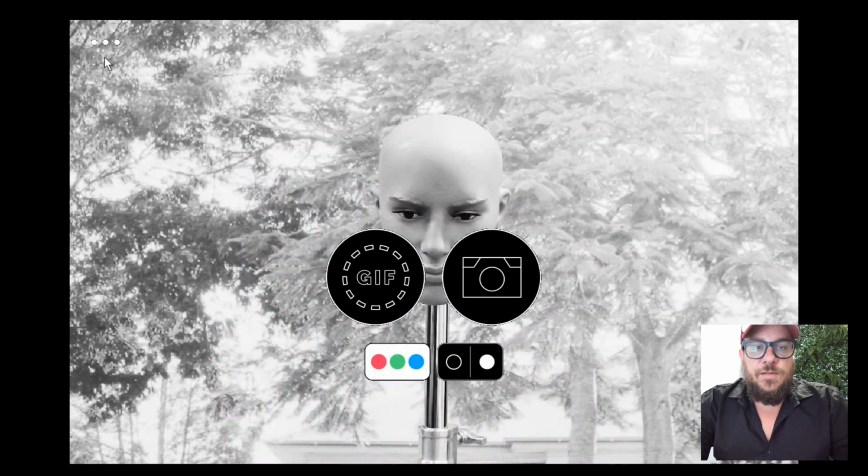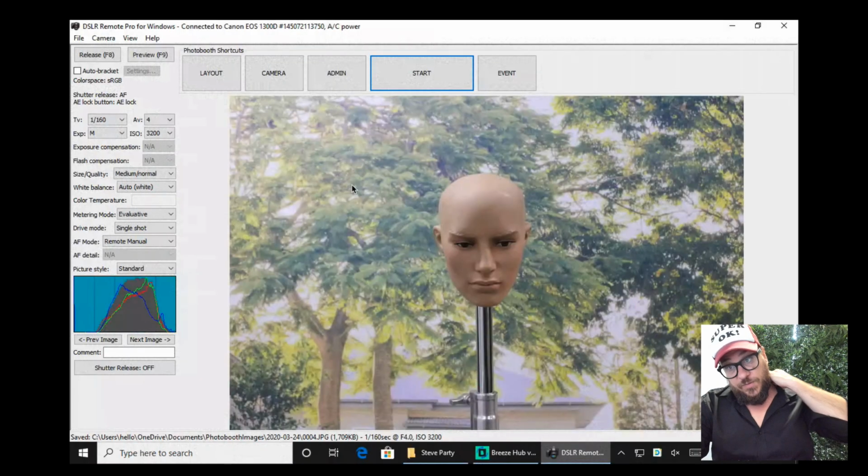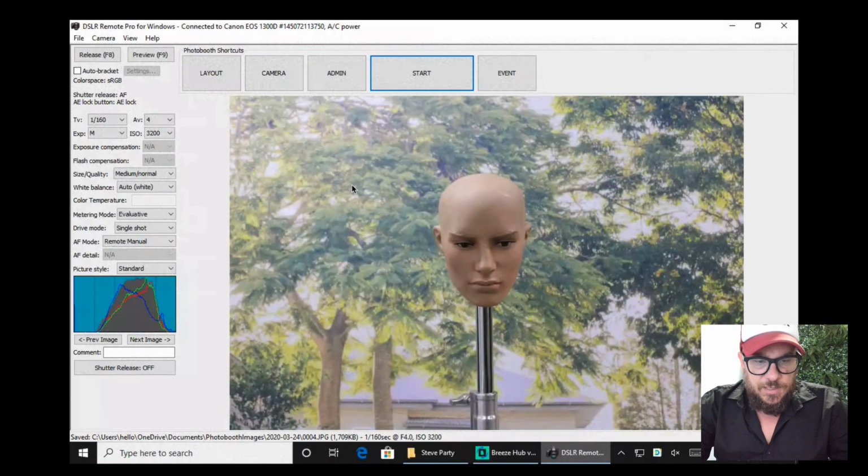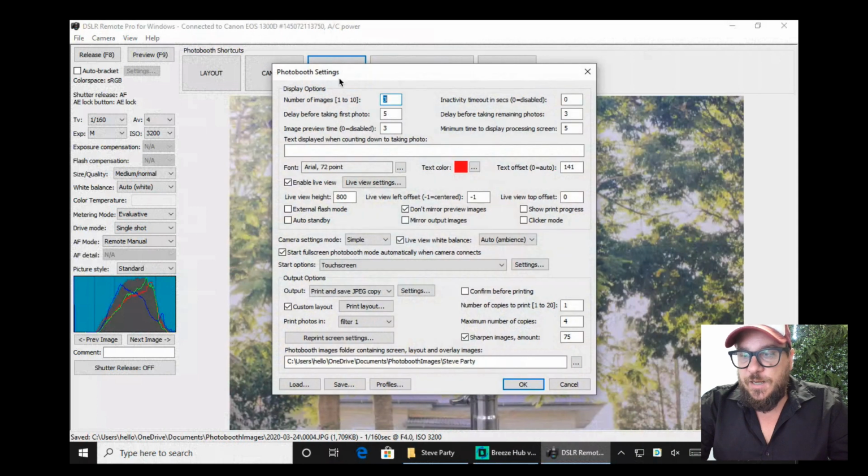Alright, and to exit out, there's 3 little dots up the top, and we can click in the top left-hand corner, and that will get us back to the start screen. So there's a few other things we want to do before we can really progress. Because we've got email sharing on, one thing we need to ensure is that we've actually set up our email settings. So if we come back into admin or the advanced settings, and then over to output,